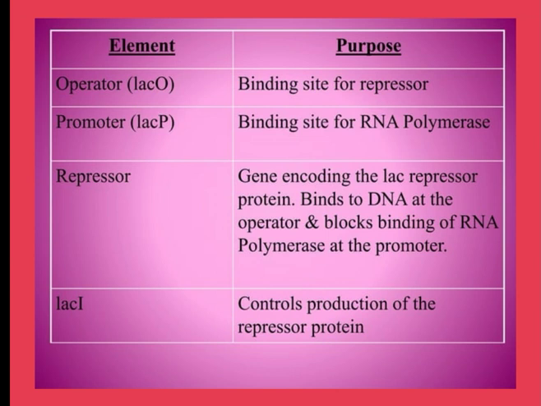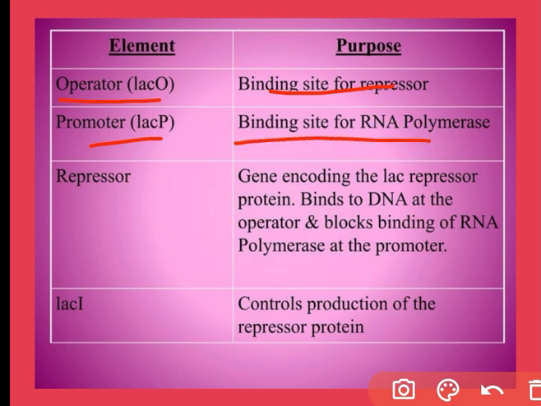Here are some elements in a lac operon. The operator, or lac O. This operator is a binding site for a repressor protein. The promoter, shown by the letter P, that is lac P, is a site for binding of RNA polymerase. The repressor protein is coded by a gene, the lac I gene,